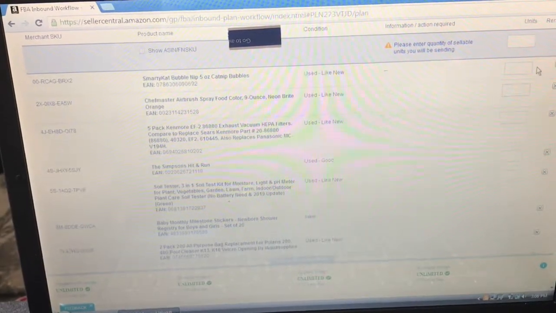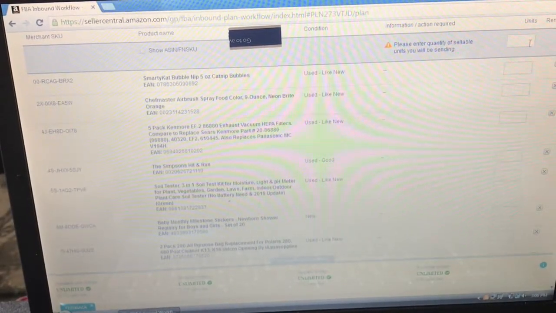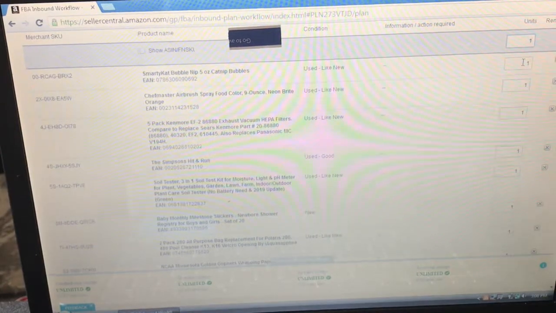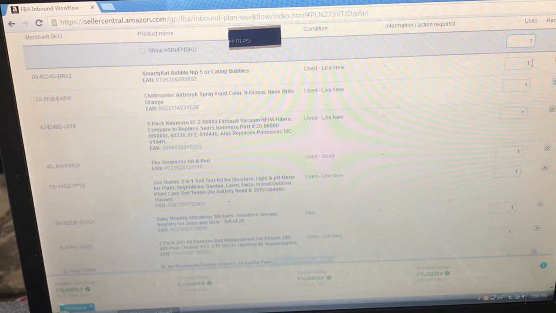But again, if I had one product of everything, I could literally just put a 1 right here, and all those products will change to a 1. But I have multiple of certain items, like this cat thing. I usually start with the 1 because I usually have multiple 1s, but this cat thing I have 3 of, and I'm not going to make you sit through this, so I'll show you the next step